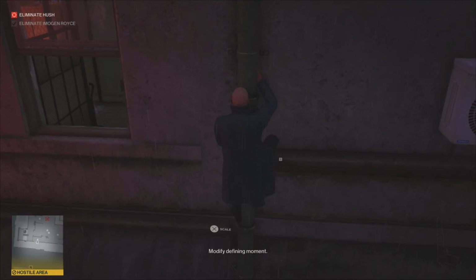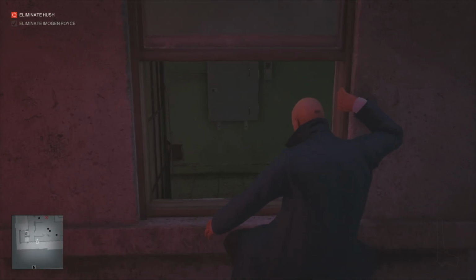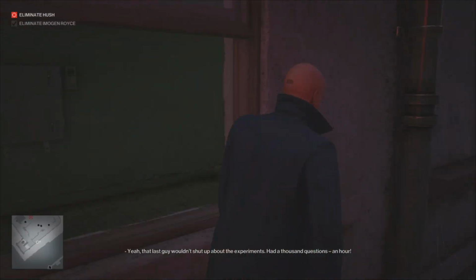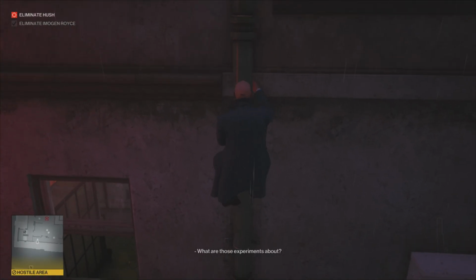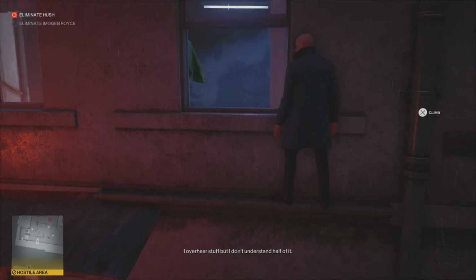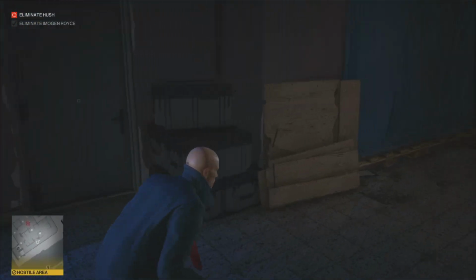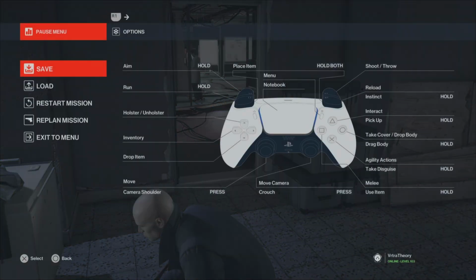Okay. So duck into this window eventually and grab the fuse. There we go. Alright. So the scientist we saw earlier is kind of a problem on Master. On Professional, you can just run right by him. It's not an issue. On Master, I'm actually going to try...